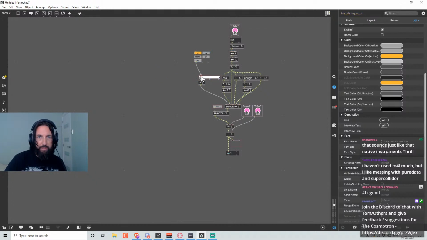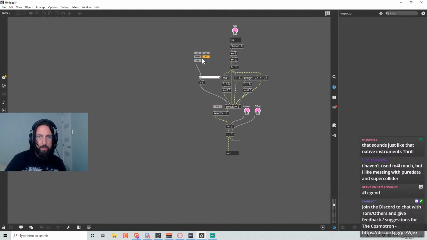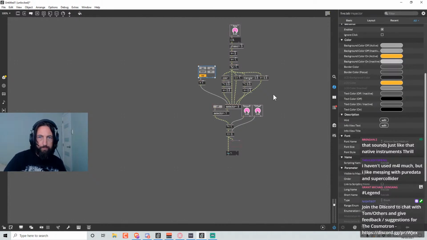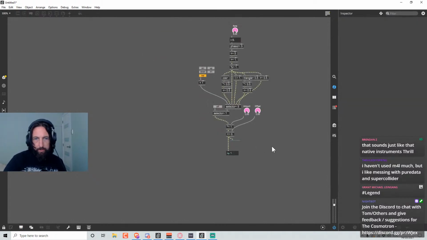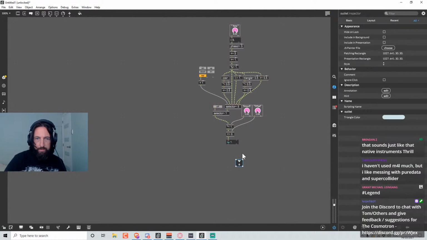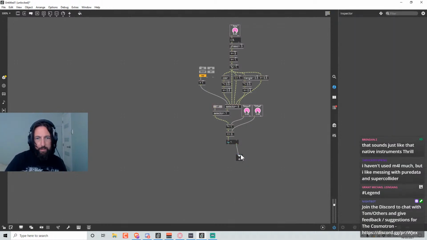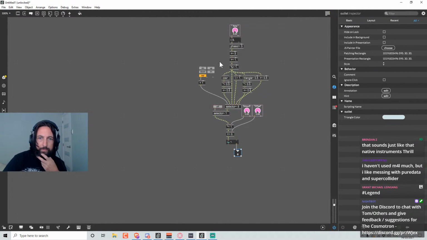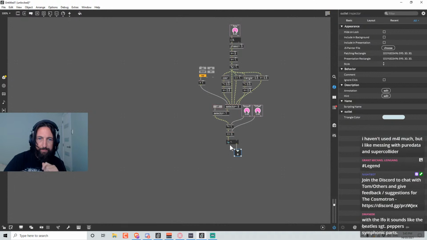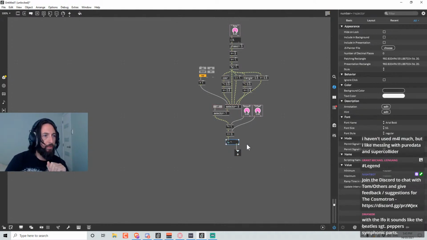So in theory I should just be able to connect this straight to that. Yep, we can get rid of this completely. Okay, so that's all good. I'm going to get rid of the visual display of the LFO. It's not really that useful. I am going to need an outlet so that the patcher can output the number. So this is all using kind of audio signals here, and then this is converting it into an actual number that we can use to assign to stuff.